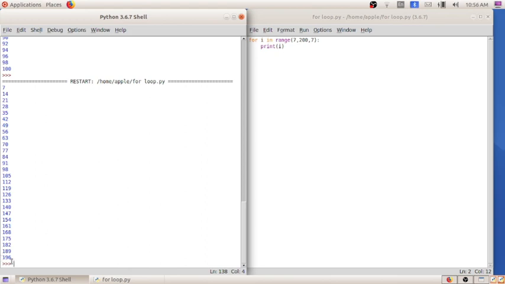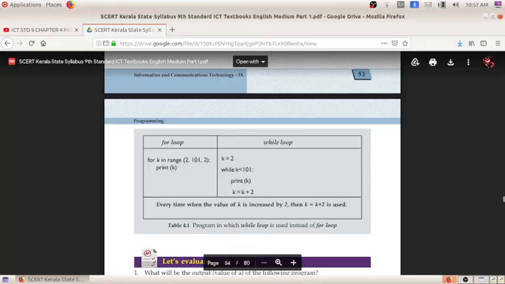Here it is 196 only. After 196, when we go for the next multiple of 7, it will go beyond 200. That is why the last number came as 196. I hope it is clear to all of you.